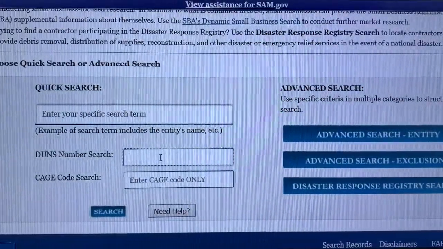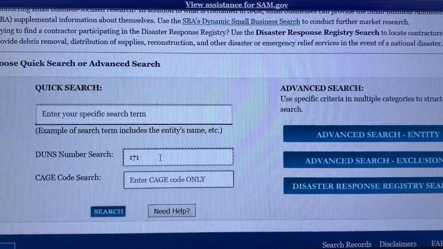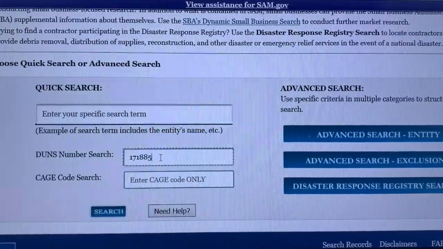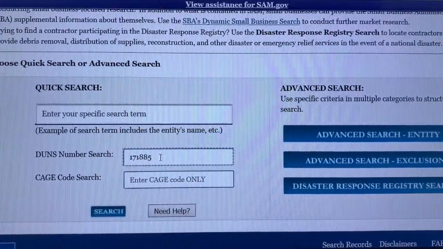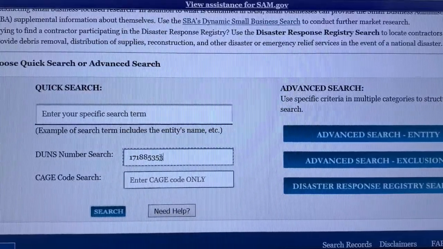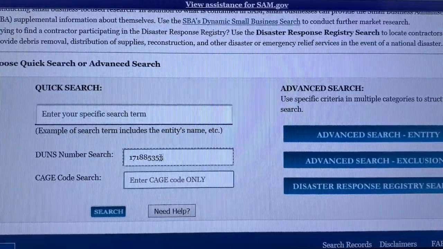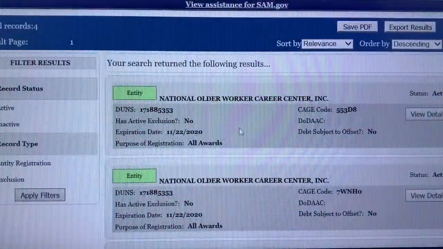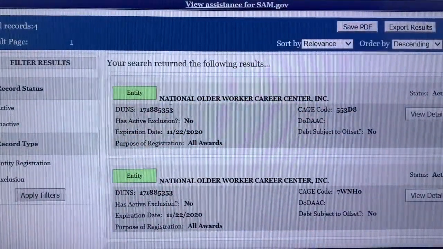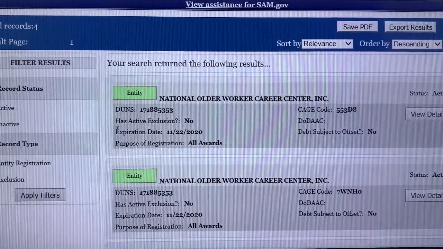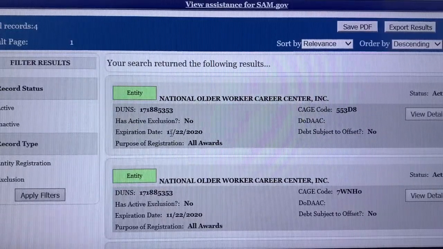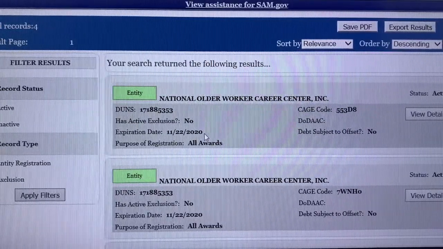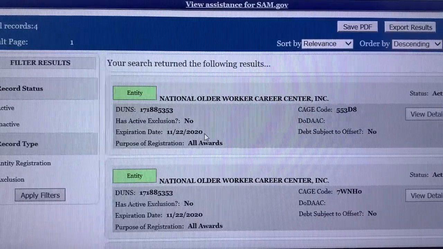I'm going to enter the DUNS number for a partner that we work with a lot under the ACES program. They're called NOWCC, or the National Older Workers Career Center. Type their DUNS in and it'll come up with a screen that looks like this. So I'm looking at the DUNS number. I see that the expiration date is November 22nd of 2020, which means I'm good to go because their SAM